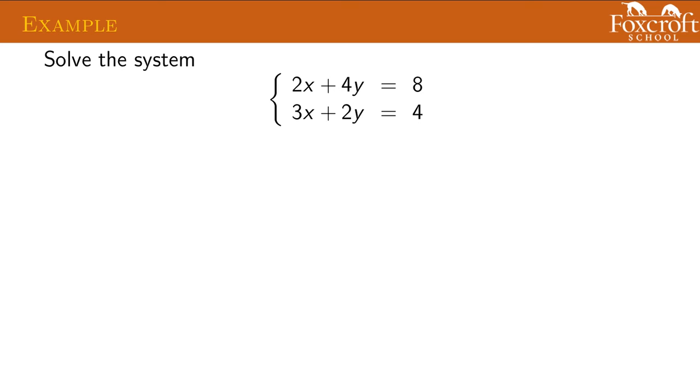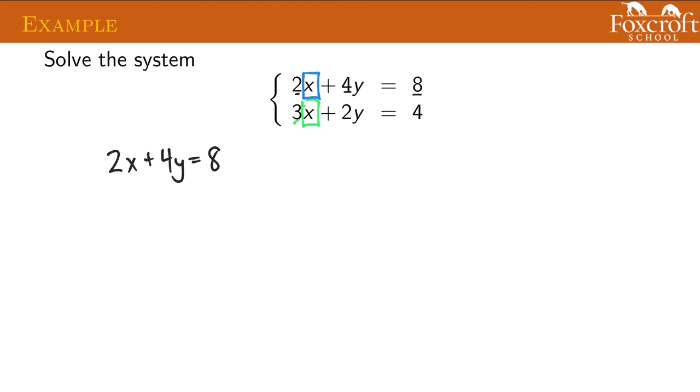I think the hardest one to do would be this x here, because 3 is a coefficient that's way different than all the other ones. I think the one that I would pick in this situation is this x here, because when I end up dividing by 2 at some point, I'm going to have a 4 and an 8, which divide nicely by 2. Again, there's nothing wrong with doing a little trial and error or just working through the fractions, but sometimes you can save yourself a little bit of a headache if you think about which one's going to turn out the nicest. So I'm going to pick this top equation